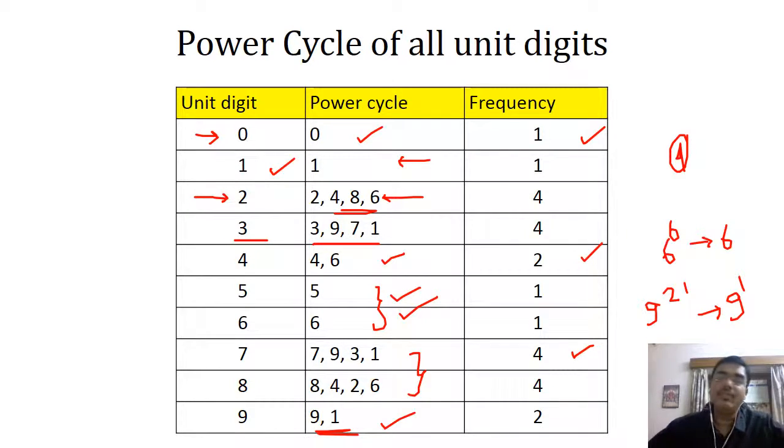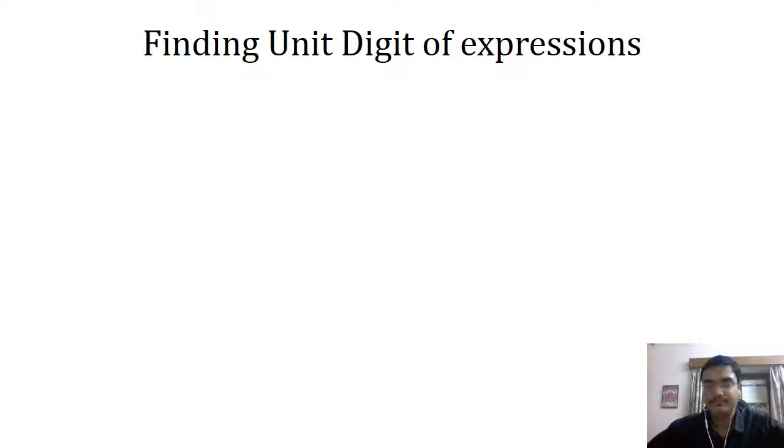So you don't have to basically remember after how many cycles the unit digit gets repeated. What you need to do is just divide the power by 4, find the remainder, and that is your answer. So let us discuss how to find the last digit of any number. Let us start with an example first.